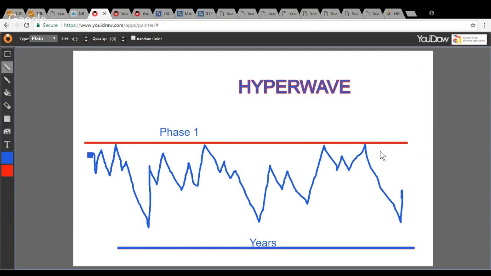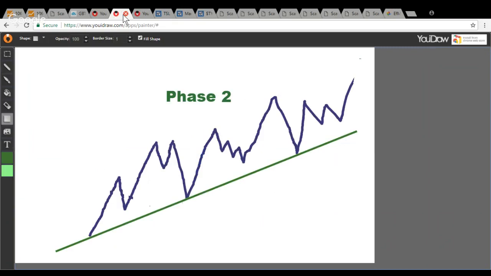Businesses go out of business. Commodity prices never get above a certain level for supply demand reasons. So just because you see a big, long, flat period has nothing to do with the hyperwave. It is required for a hyperwave. In other words, it must happen for a hyperwave to develop, but because it happens does not mean a hyperwave is going to develop. Now, if we go to phase 2,